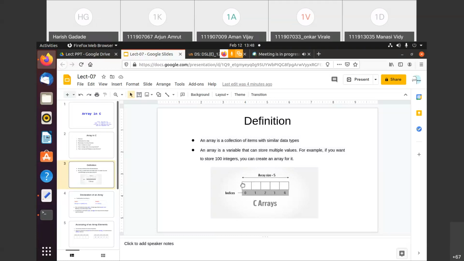It means if the array size is 5, then the last index is 5 minus 1, that is 4. Why 4? Because we start from 0, and an array always starts from 0. Keep that in your mind, right? So the starting index of the array is 0, and if n elements are there, the last location index would be n minus 1.